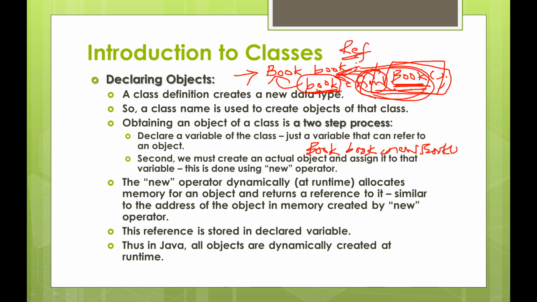Similar to our primitive data types, where we create a variable, using the name of the variable we refer to that memory location and the value stored in it. Similar to that, we use this identifier to refer to that particular object. So the actual object is created and referenced using myBook, because we have assigned the reference to myBook. After the new operator, the actual object exists in memory